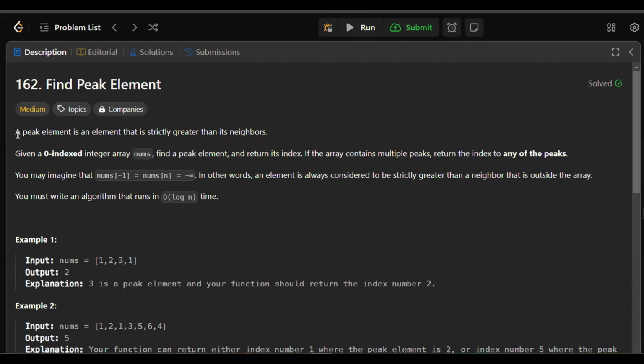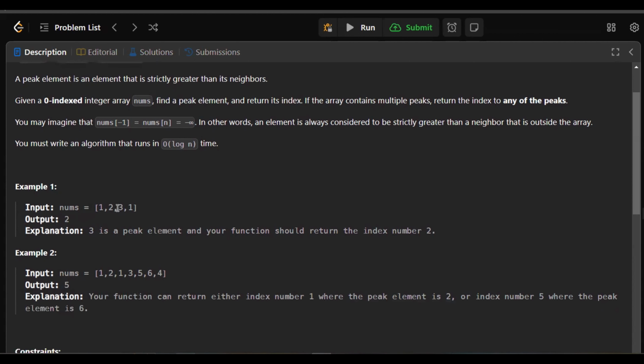Hello everyone, welcome to the solution of LeetCode problem 162 named Find Peak Element. In this problem, we are given an integer array and we have to find the peak element. Here, a peak element is the element of the array where this element is strictly greater than its neighbor. Suppose in the first example, the element 3 is the peak element because it is strictly greater than its two